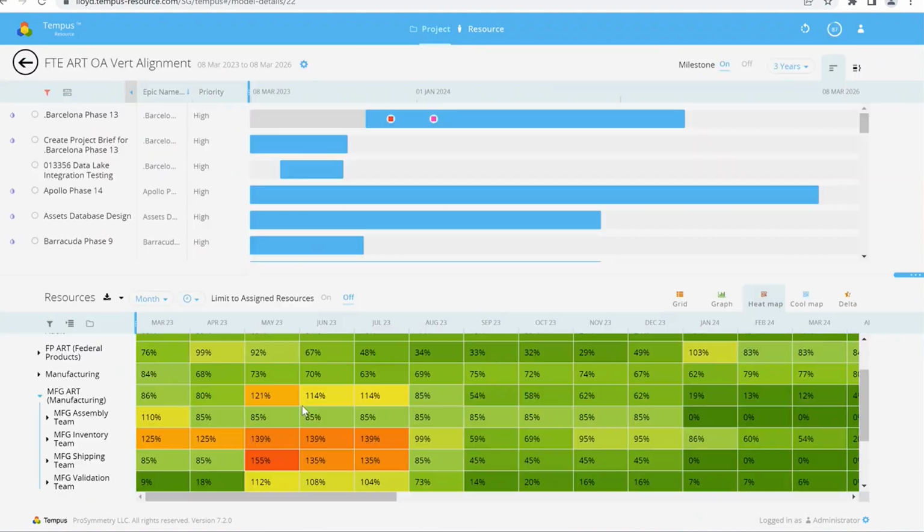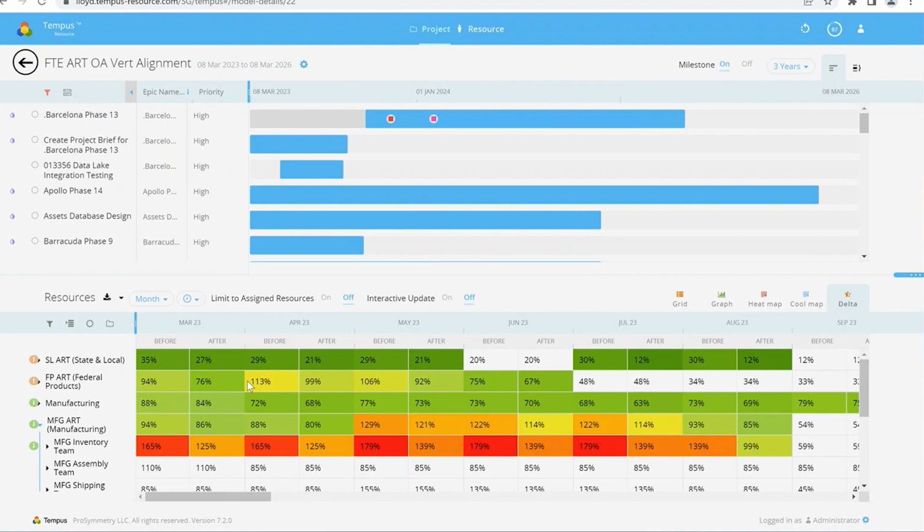Well, we can see that it immediately, in real time, allows us to see what's happening not only just on the manufacturing inventory team as that gets better, but you can see the deltas across all teams and roles that are affected. And this is really the power of dynamic modeling from a resource planning perspective. It allows portfolio planners, anyone can come in here and make a model if you're authorized to do so. So product managers can come in